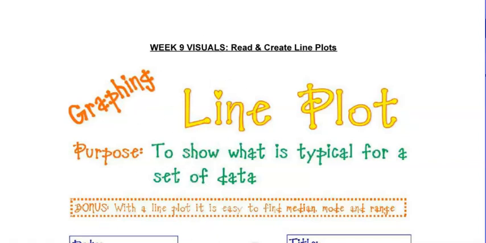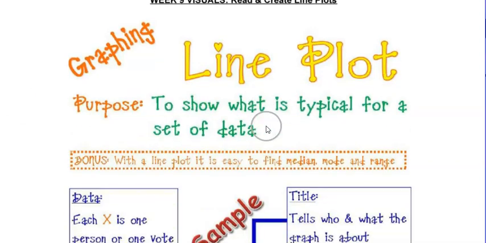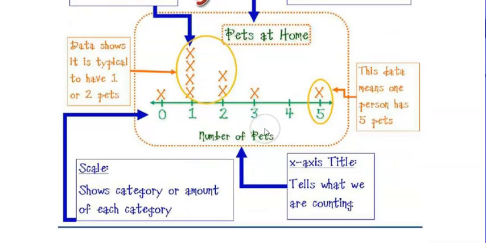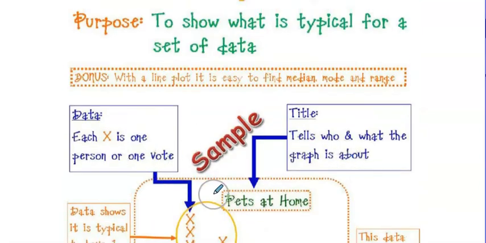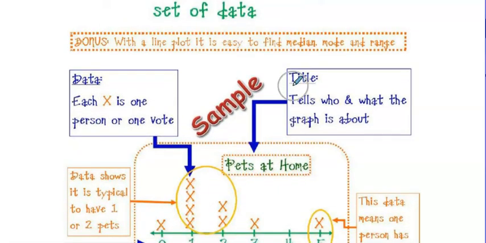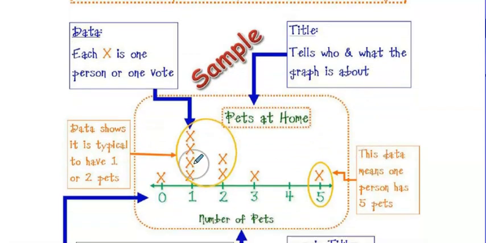Looking at the first two pages, pages 6 and 7, you'll notice that there are some different visuals for you to refer to. This first one goes through what data represents. Each X is one person or one vote. The title tells what we're talking about. And then the data, these actual X's, means that